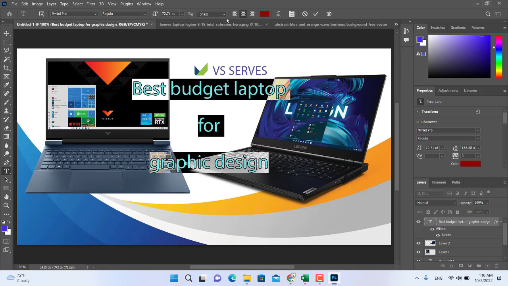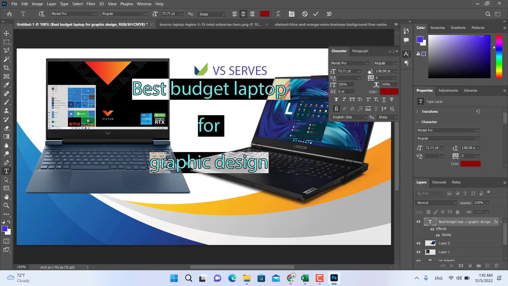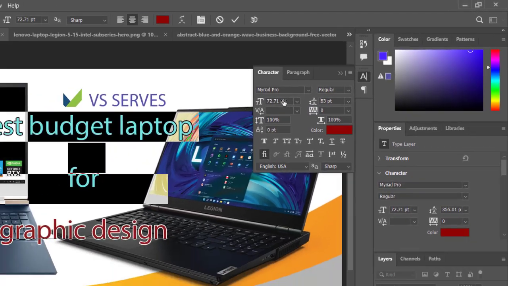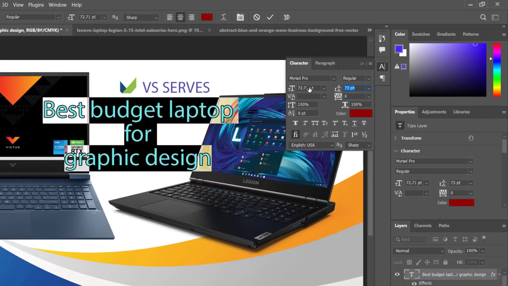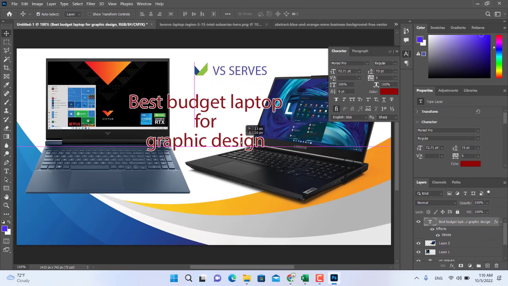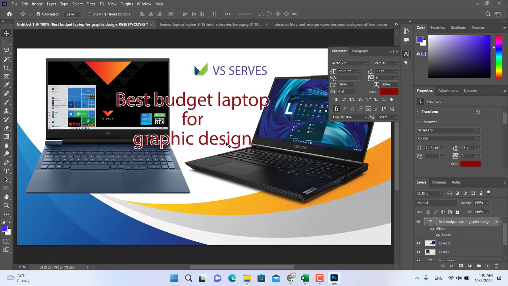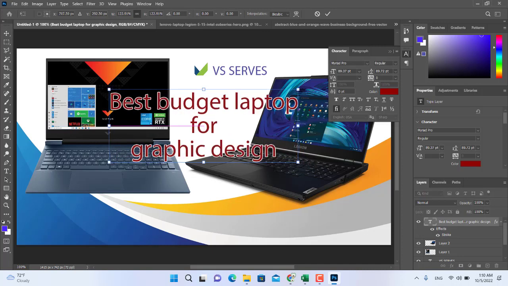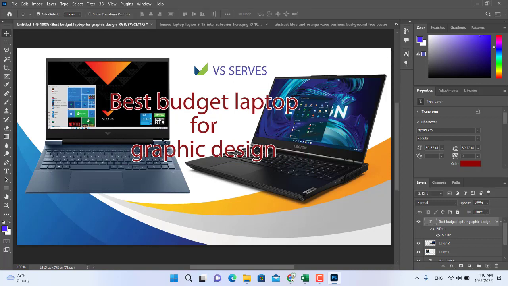The line spacing is not good, so I want to fix it. Now it's okay. I use it like that. Okay. Now it's okay. I feel it's okay. And then